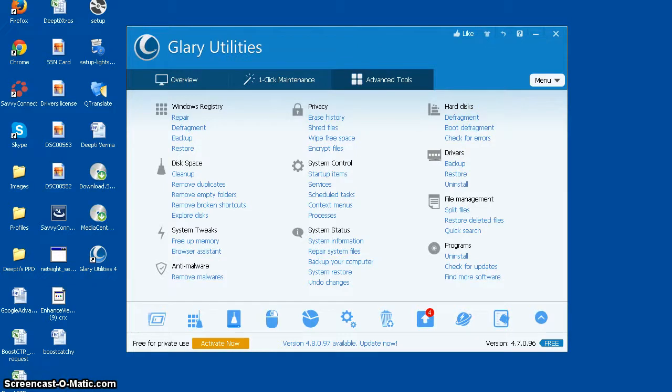So I find this software very easy to use, and it's got a lot of neat features, like it can optimize, clean, and boost the speed of your Windows, protect your privacy and security, block spyware, trojans, adware, etc., fix application errors, and it's got a very simple, fast, and user-friendly interface. So I find this a very handy utility, and I hope you also like it.